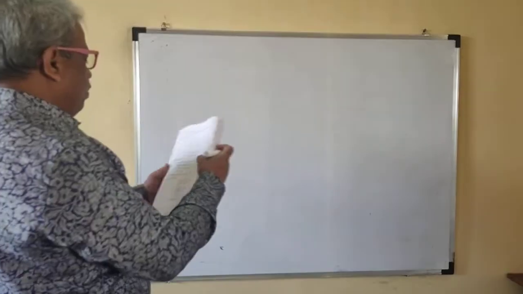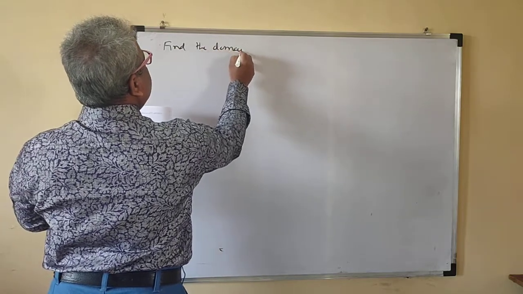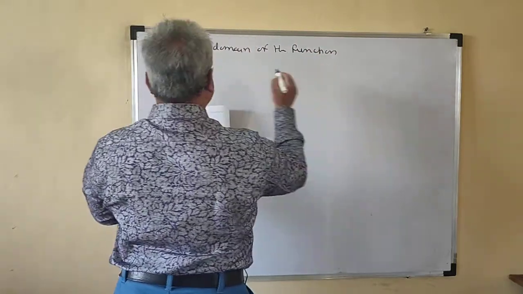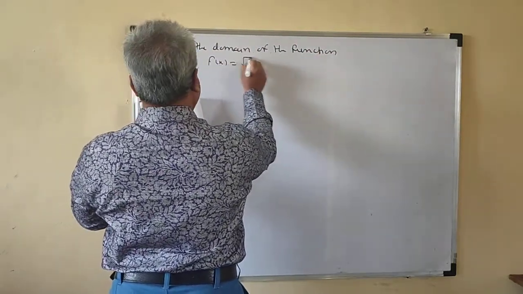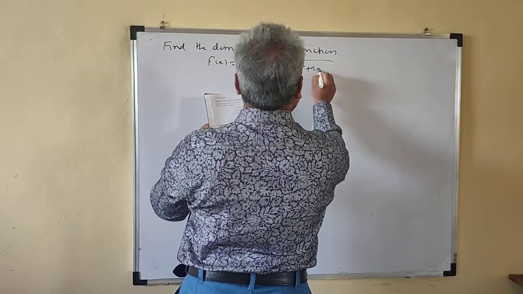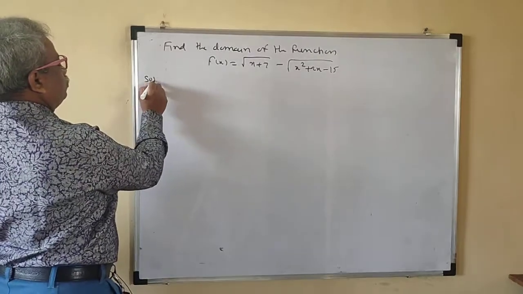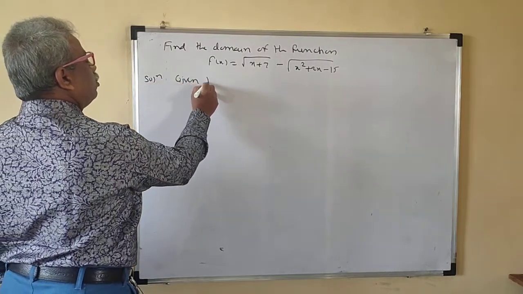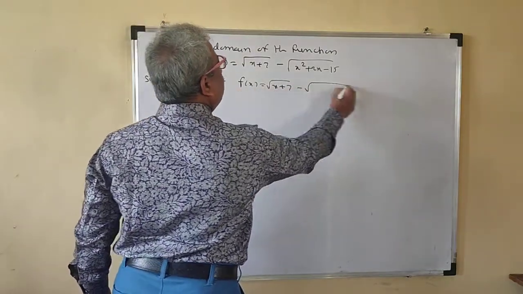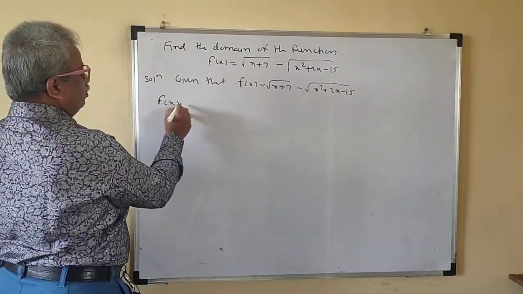Okay. So we'll take one more problem. Find the domain of the function f of x is equal to root of x plus 7 minus root of x square plus twice x minus 15. Okay. Solution. Given that f of x is equal to root of x plus 7 minus root of x square plus twice x minus 15. Okay. So f of x is defined